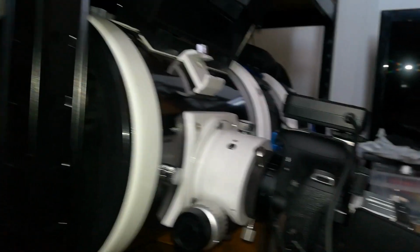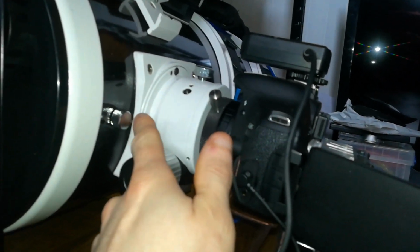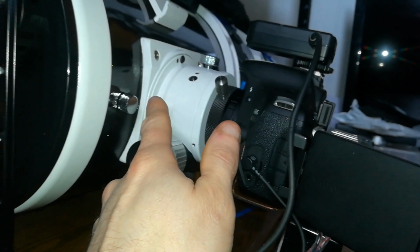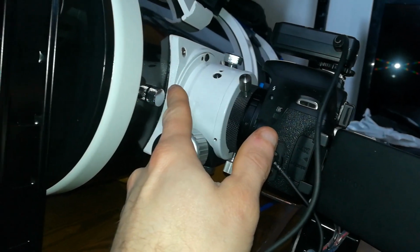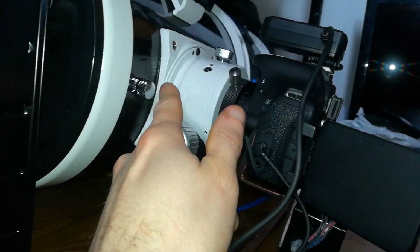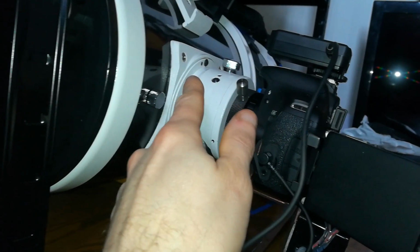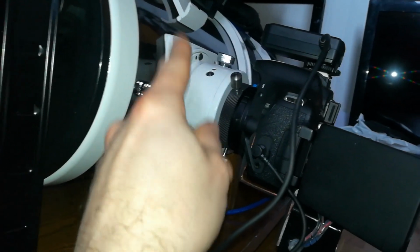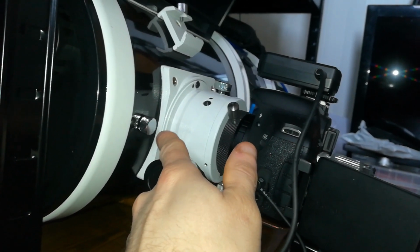Now something else I need to add with this Quattro, there is a weak point on the focuser. Now this focuser is pretty good, but for some reason I don't know why Skywatcher have not got a focuser that fits on this tube properly. Here you get a gap in between the focuser and the optical tube, and that gap will allow stray light to enter. So I've seen a lot of videos where people take that focuser off and put a gasket in between there. However, there is one easy quick fix, and what I've used is I smeared some black silicone